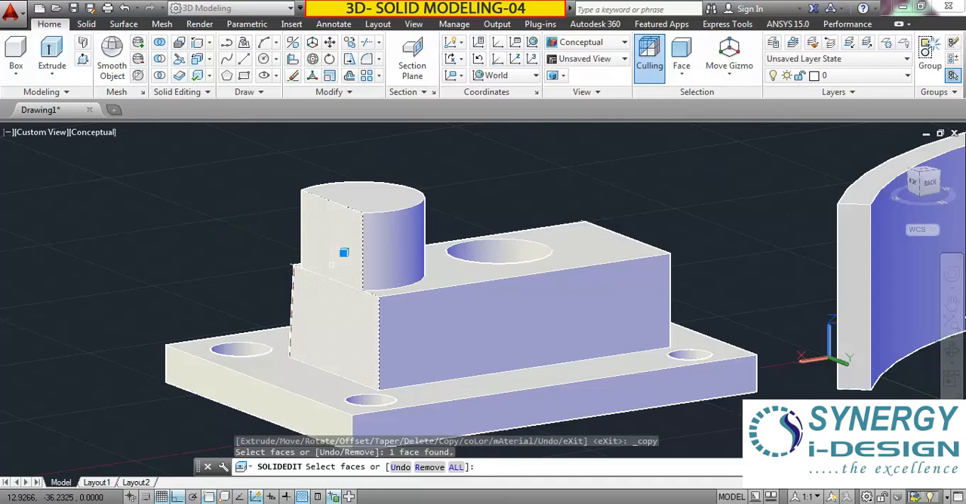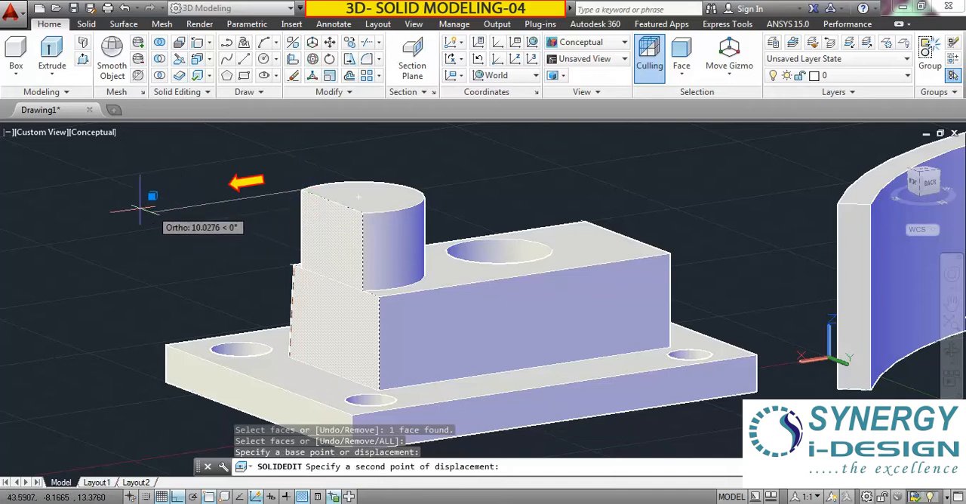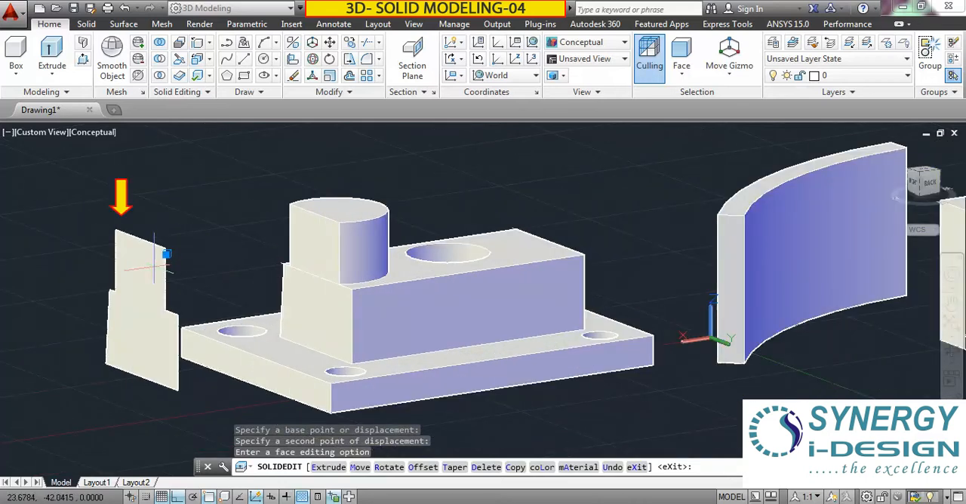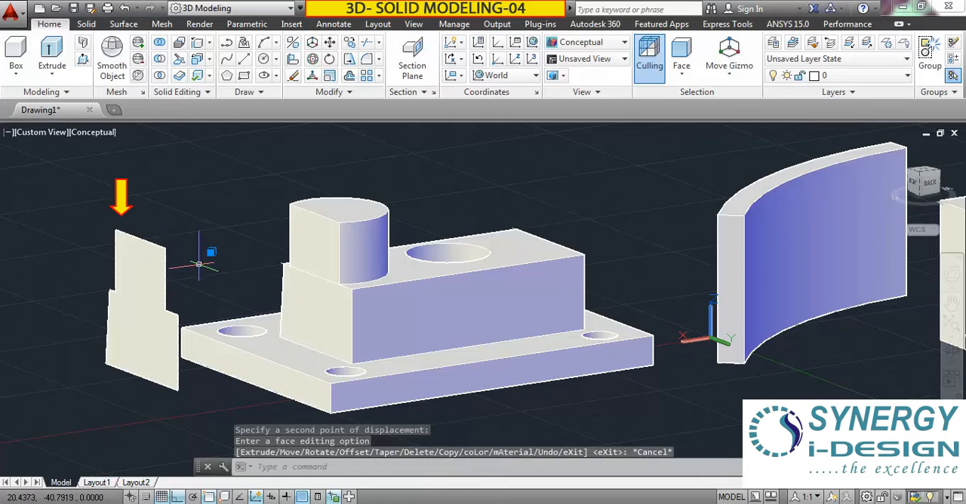Now enter to confirm the selection. Now it is asking for the base point. Saying this is the base point. Now I want to move the copied face to this side. Now we can see that I've already copied the face, and now I can use this copied face to create some other solid